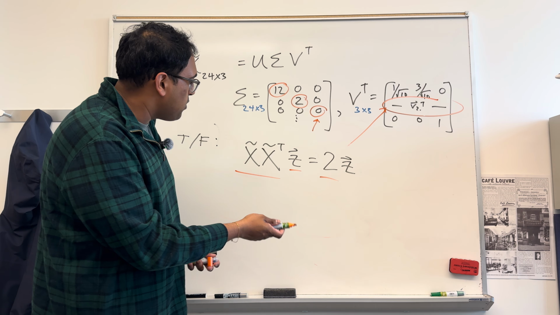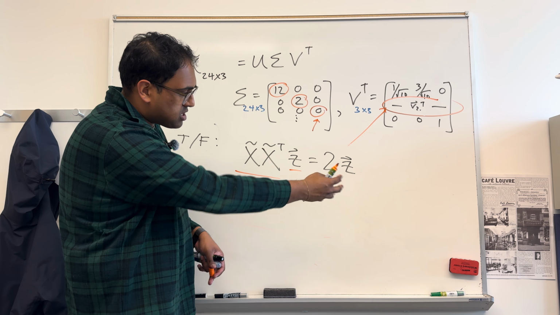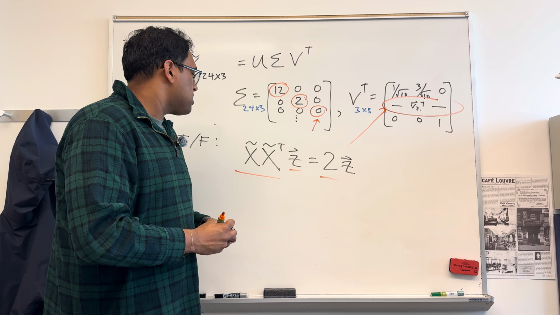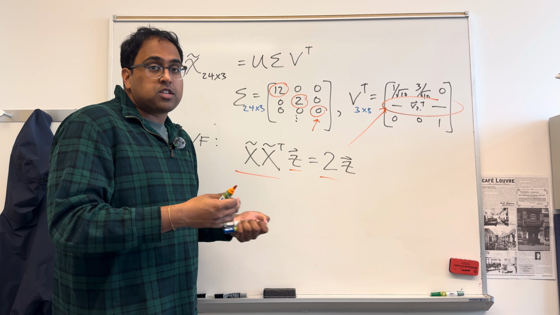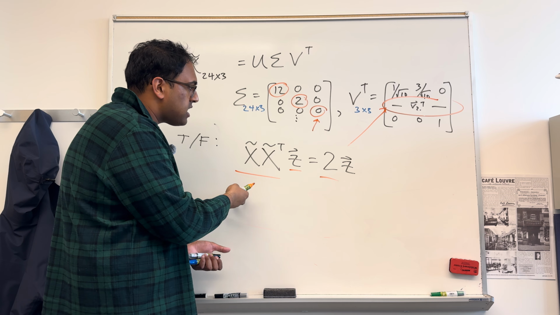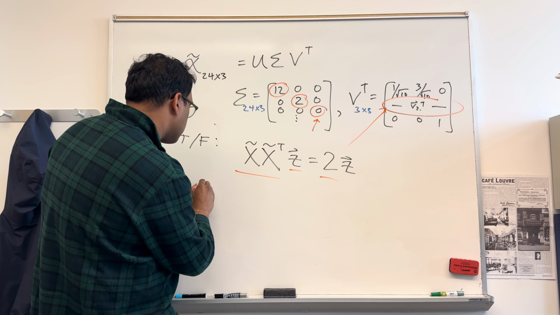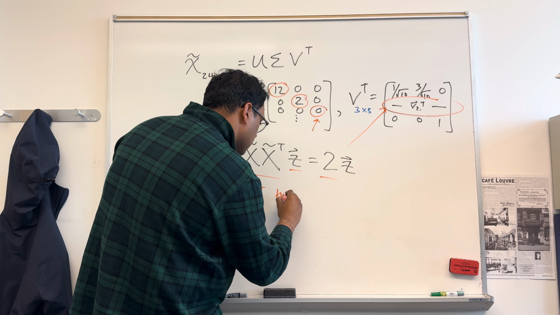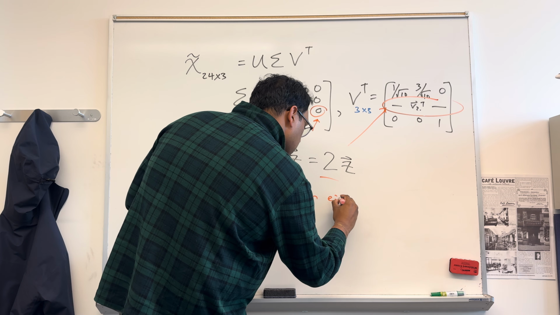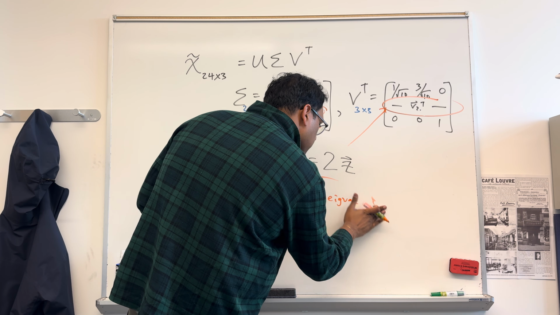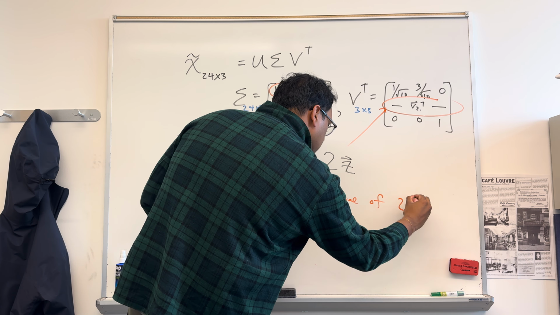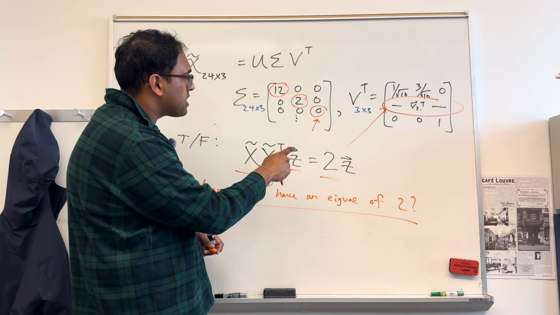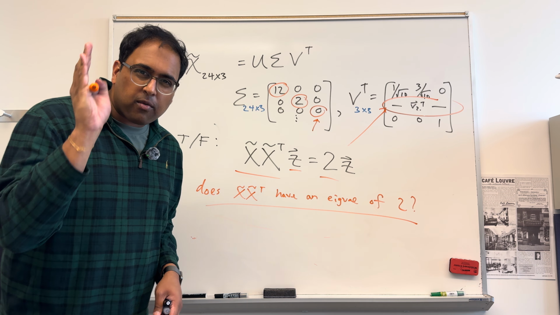Because what's happening to z when it gets multiplied by xxt is that it just gives us back a scaled version of z. So it's asking, is z an eigenvector with an eigenvalue of 2? So what this is really asking is, does xxt have an eigenvalue of 2? And what's the answer to that? This is kind of meant to be a trick question because we see a 2 in the sigma, but remember,